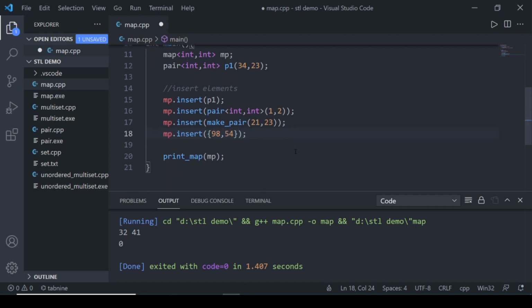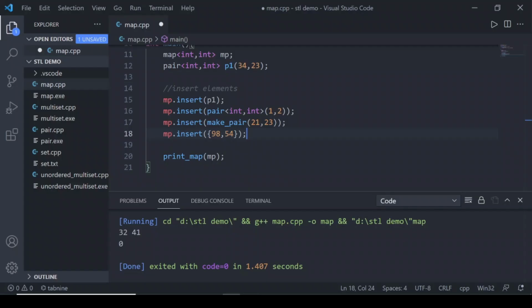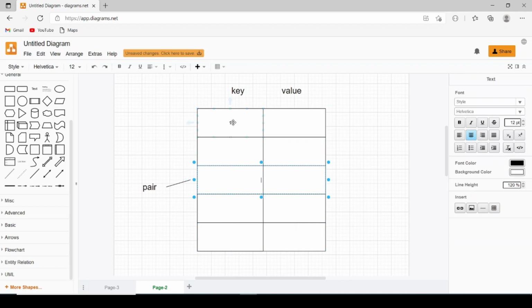In a map, if we want to access the value of a particular key, how can we access that? If I want to access this value, whose key is 1, I can access it using the map name and 1 in the square brackets.